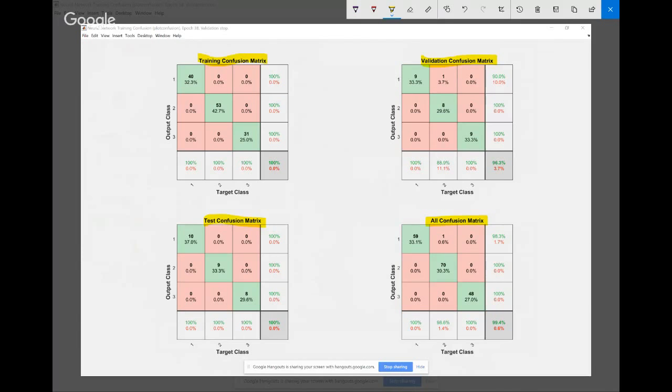One thing you might have noticed is that all the green colored blocks are at the center, which was at 45 degrees in data fitting. So the best samples are gathered at these points in green blocks. The red blocks indicate errors. If you look at the validation matrix, there's an error over here.